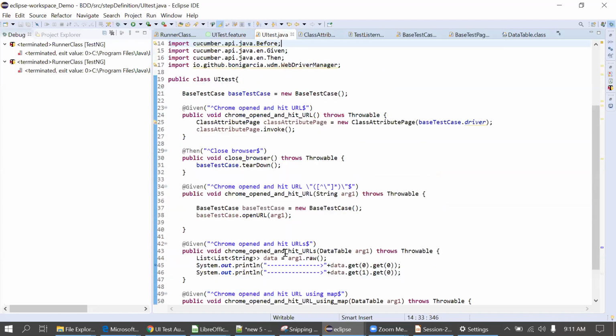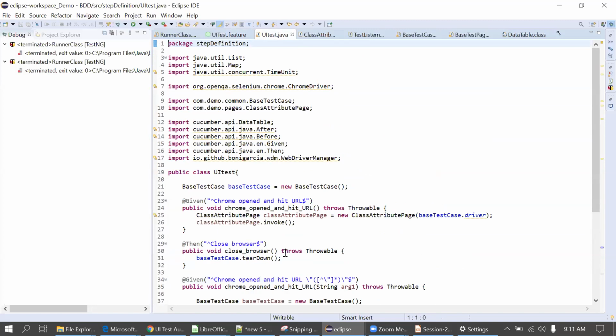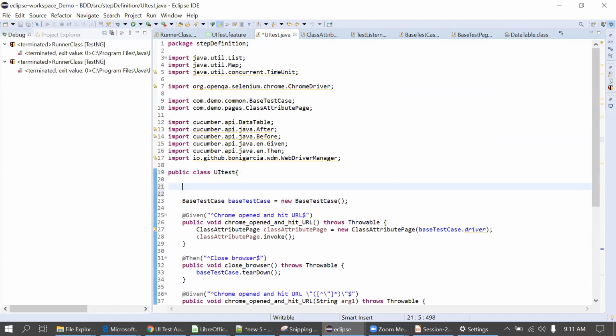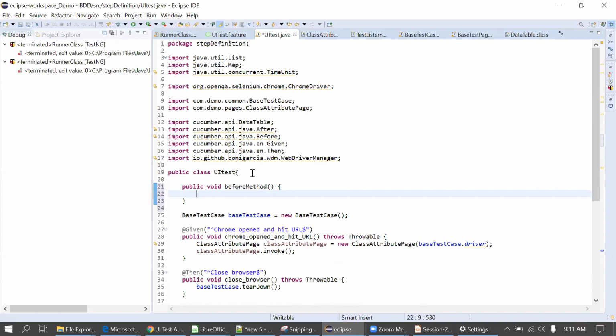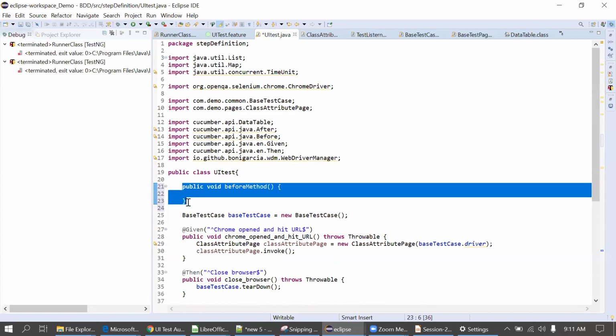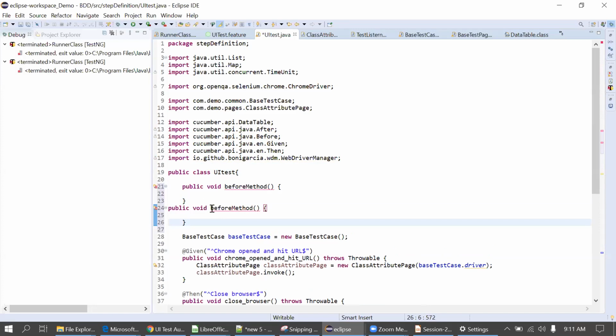In TestNG, we are using the @before method and @after method, right? Like that, we can provide our own code that has to be executed before the feature file, before the scenario. So I'll put a method here, public void before. Again, this is optional. If you want to implement this, implement it. Otherwise, you can simply ignore that. I'll put the before method name, create one more method called after, and I will show you the output.